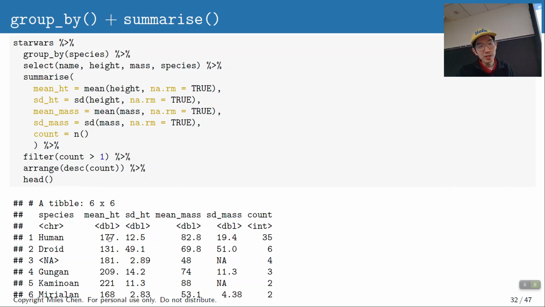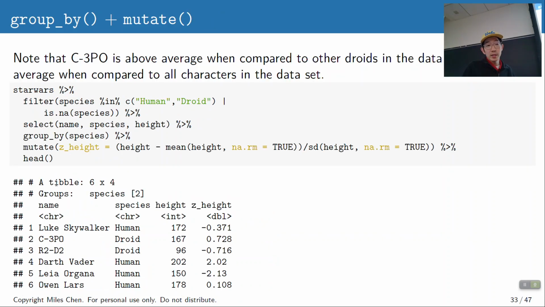So we have humans with a mean height of 177 and a standard deviation 12.5, a mean mass of 82.8 and a standard deviation 19.4, and we have 34 of them. Droids and unknown species, Gungans, Kaminoans, whatever, okay? And this is what we have. And so that's what we have there. You can use group by with other examples. I would say group by summarise